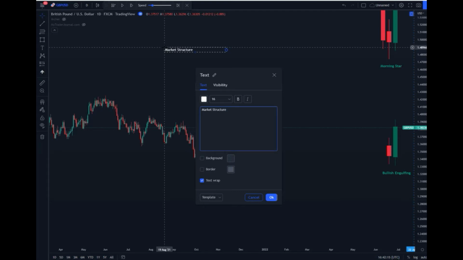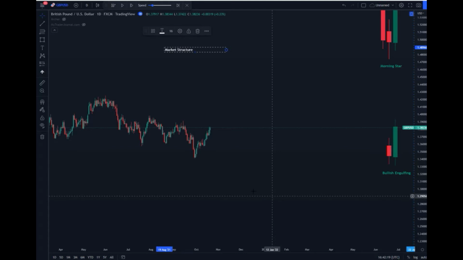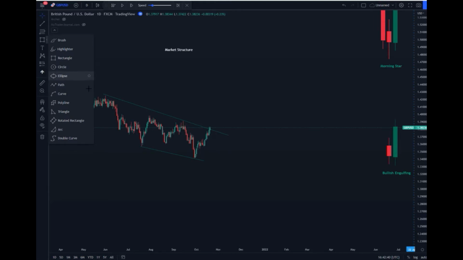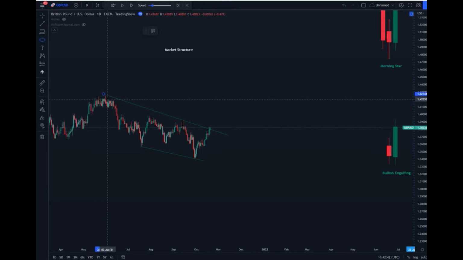Are we in a downtrend or are we in an uptrend? All right. Now, as far as this market is concerned, we can obviously see that we are in a downtrend. All right, we are in a downtrend, because the market is making lower highs and lower lows. Okay, if you're a beginner and you don't know what this is, a high,